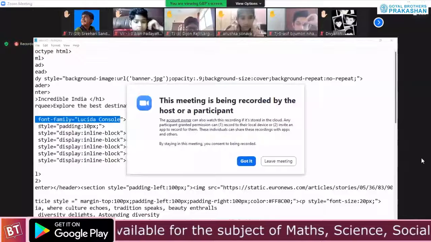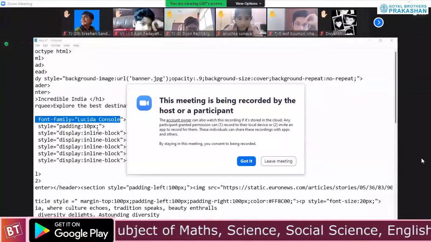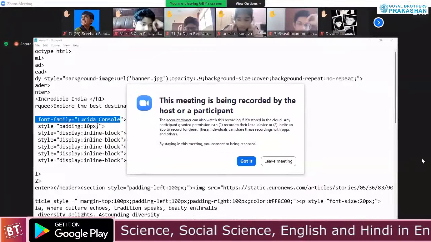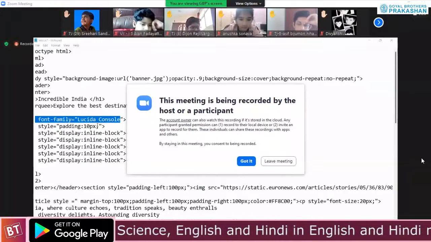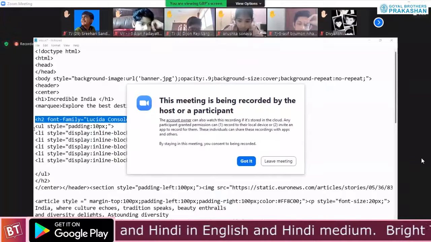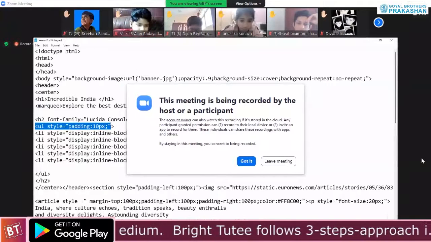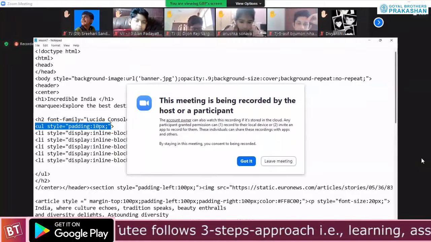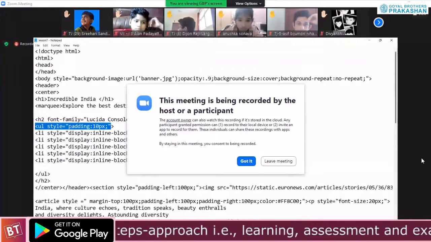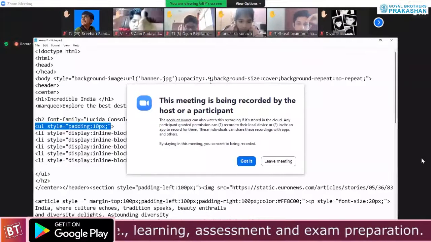So where were we? यहाँ पे थे. Now I'm saying style is 10 padding 10 px because I want it little far away. So UL जब start होगा उसका styling में I have given the padding part of it. Padding हम समझ चुके हैं पहले क्या होता था, तो that I have given over here, style padding 10 px.